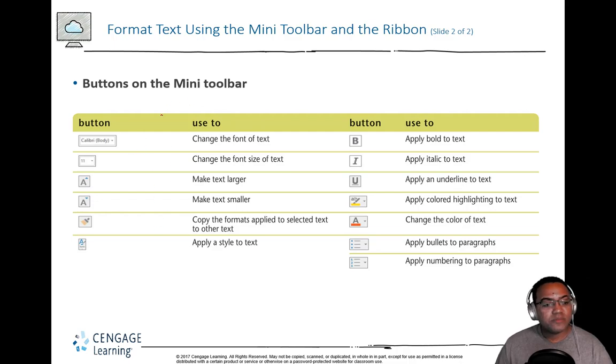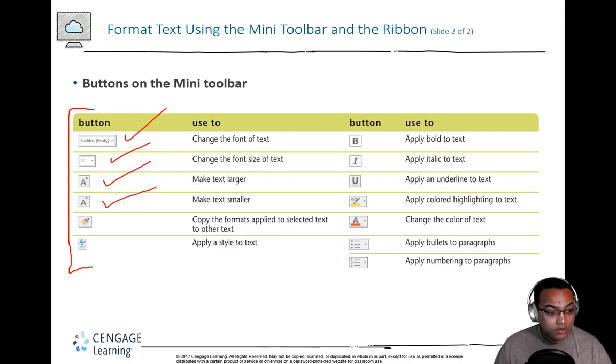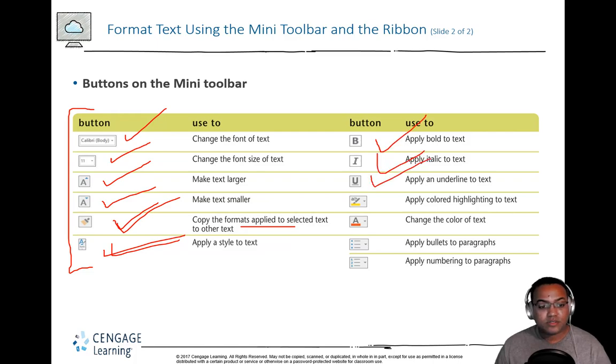So here are some of the objects or the buttons that you'll see inside the font bar. Changes the font, changes the size of the font, makes the font larger, makes the font smaller. It copies the formats applied to the selected text and applies that format to another text that you want to select or that you have selected. Apply a style. So this copies the style. This applies the style. This is the bold, italics, underline,